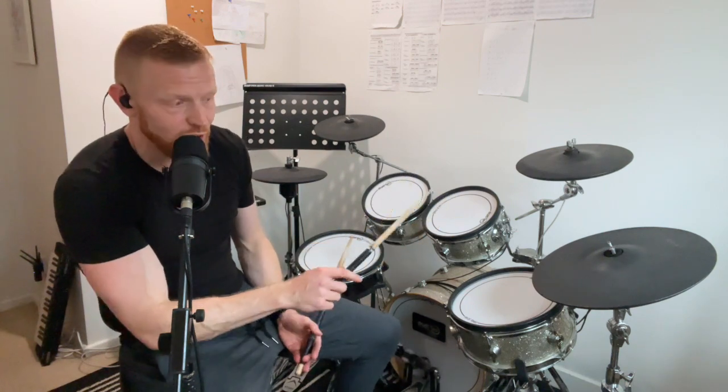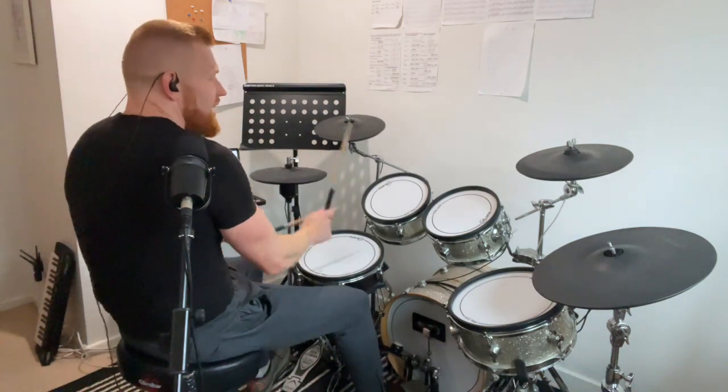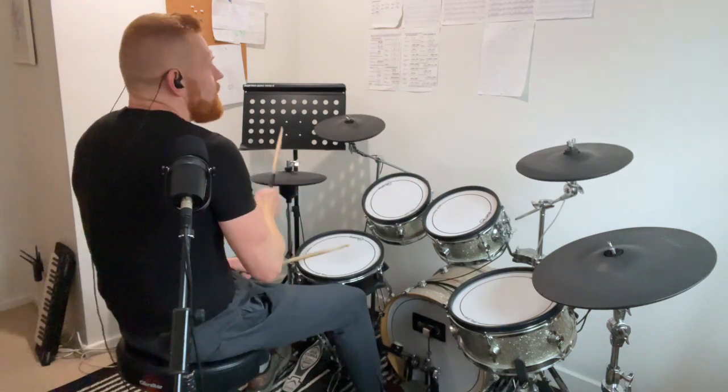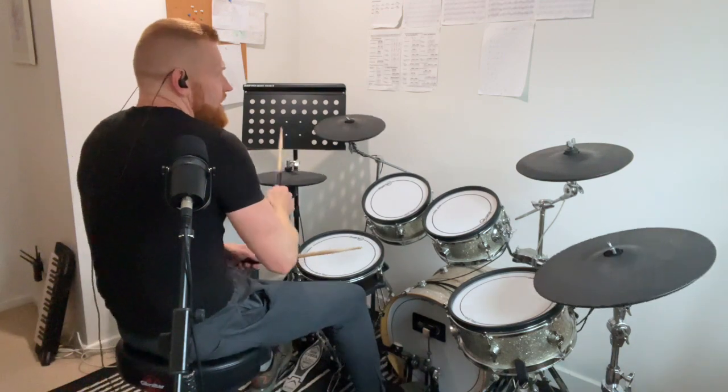Like that pulse, 1 and 2 and 3 and 4, and without breaking the flow of those eighth notes, if that's the case, moving around the tom-toms, right? 3, 4, 1 and 2 and 3 and 4. Now, by default, in the simplest version of this, I think a really cool thing to do is keep